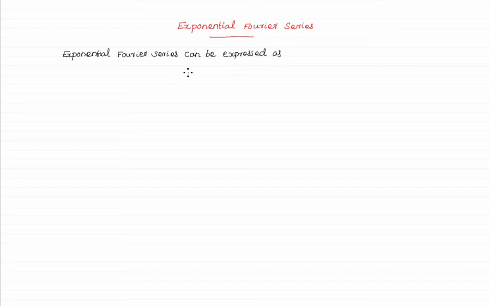In this video, we are going to see about exponential Fourier series. In this exponential form, the function x of t is expressed as a weighted sum of complex exponential functions. The exponential Fourier series can be expressed as x of t is equal to summation n equal to minus infinity to infinity Cn e power jn omega naught t. That is the weighted sum of complex exponential function e power jn omega naught t,